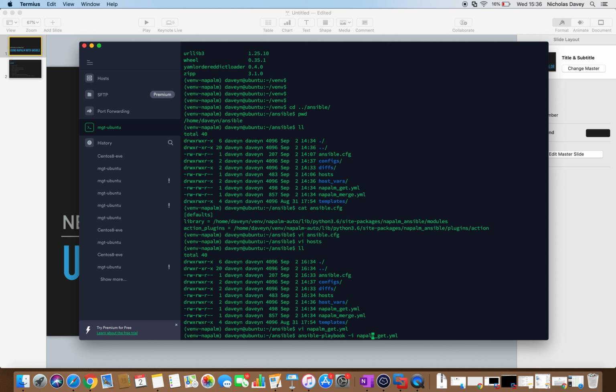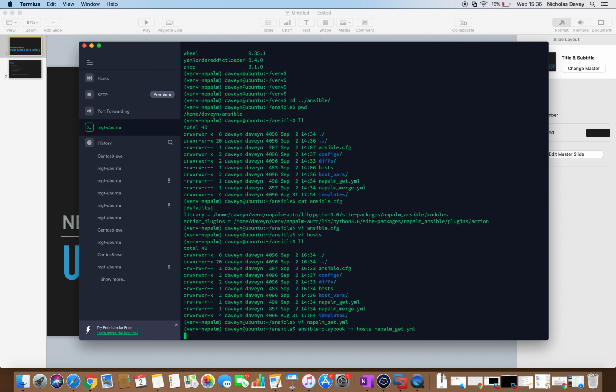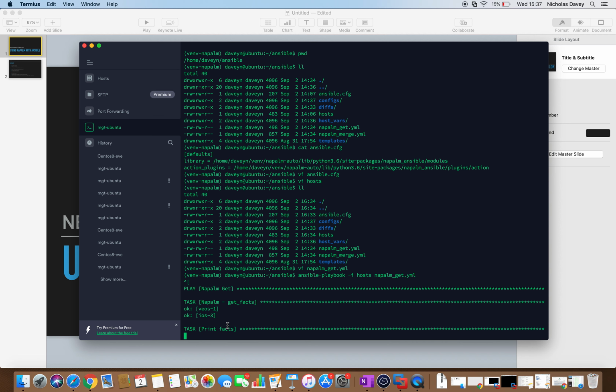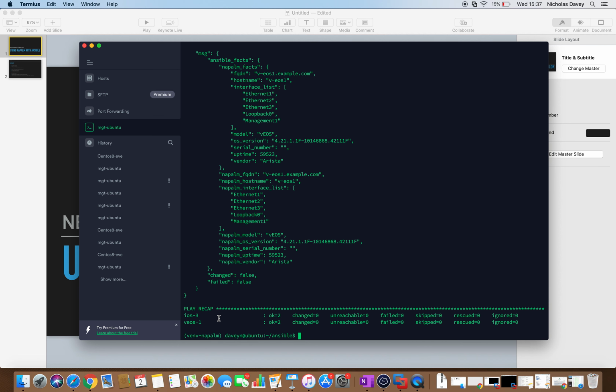I forgot hosts. Okay, so that's running. It's a bit slow because, as I was saying, of the resources on my laptop. Okay, so it's run on the Arista and on the iOS device, and what we can see now is that